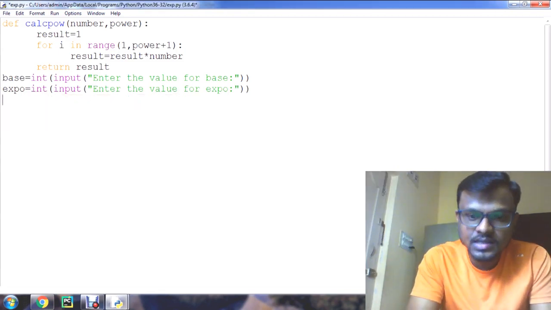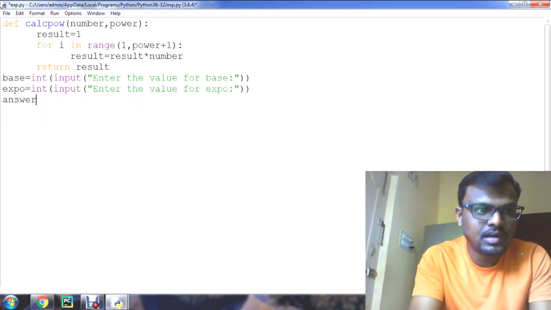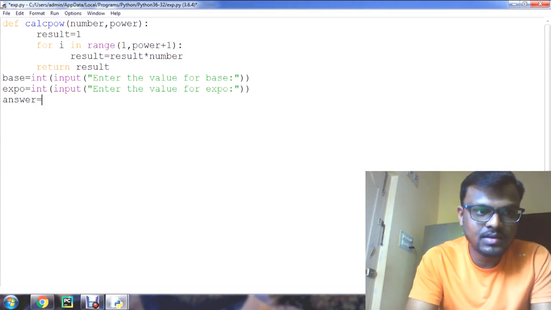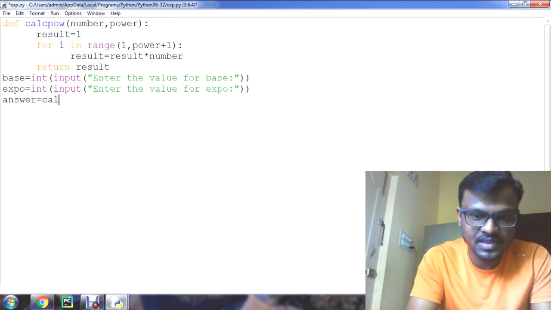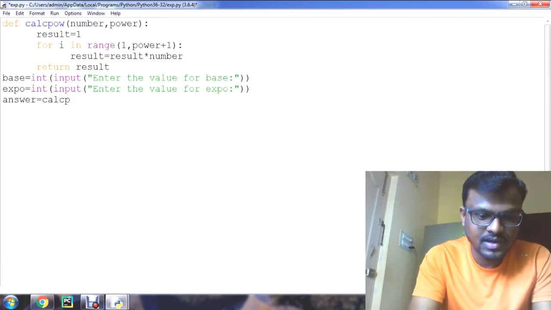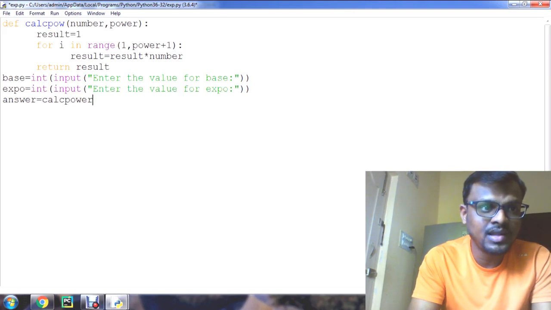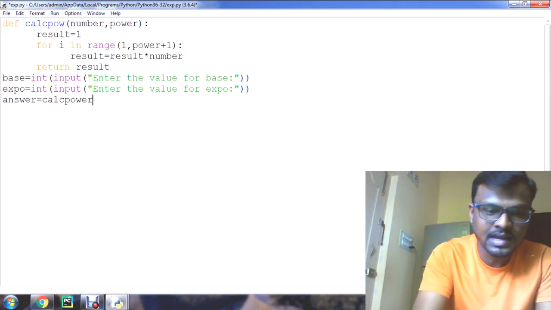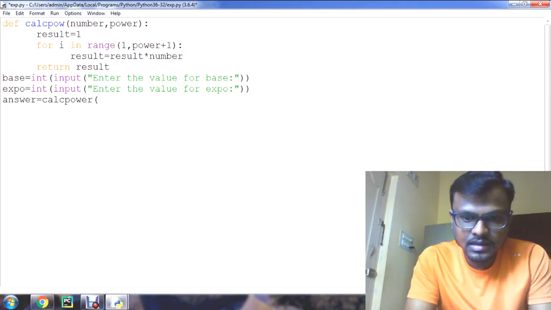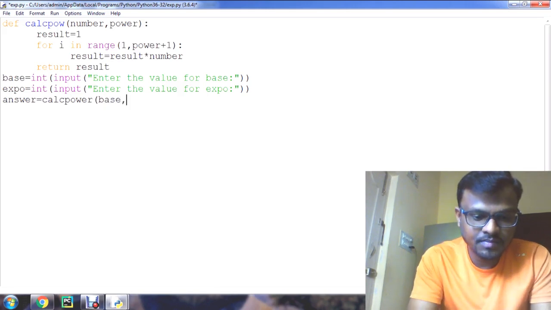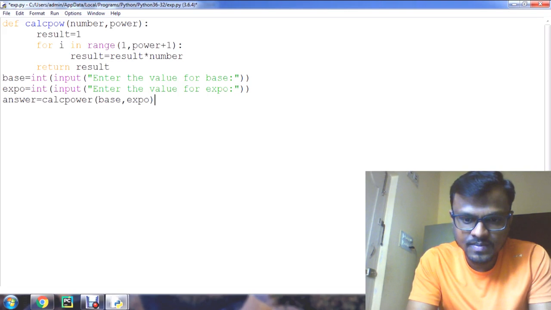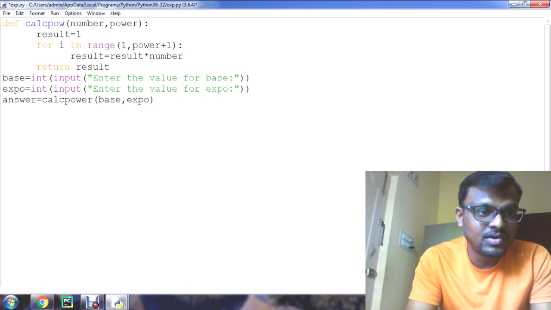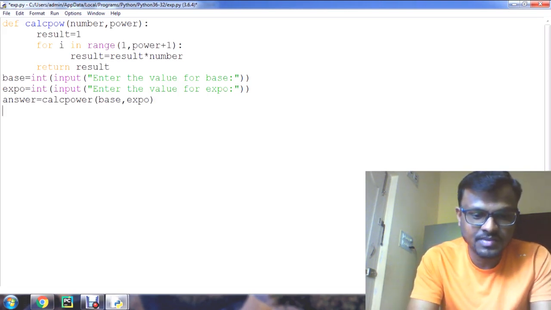After this, I want an answer variable to call the function calc power. So I'm calling the function calc power and passing the base and expo as the parameters and storing the result in the answer variable.